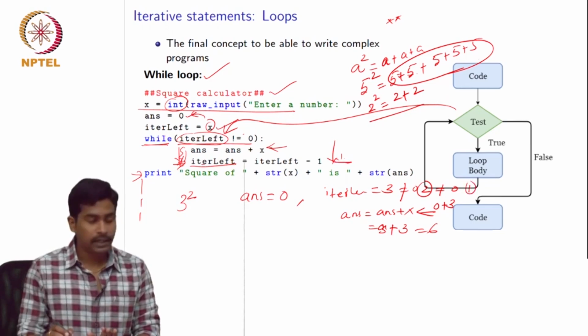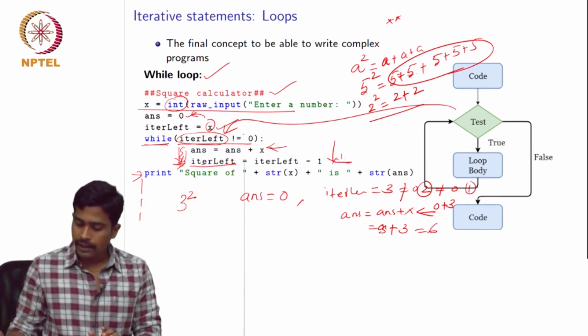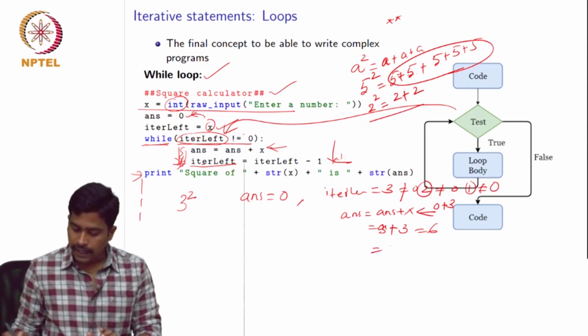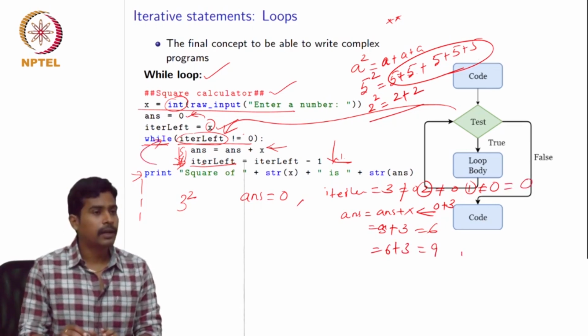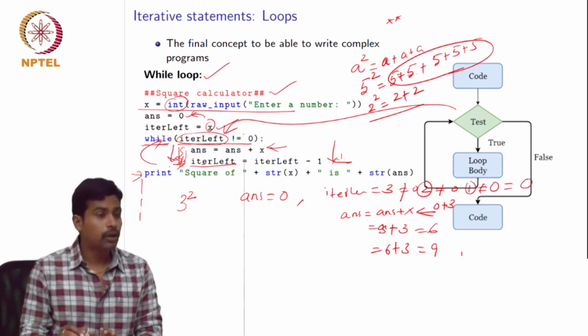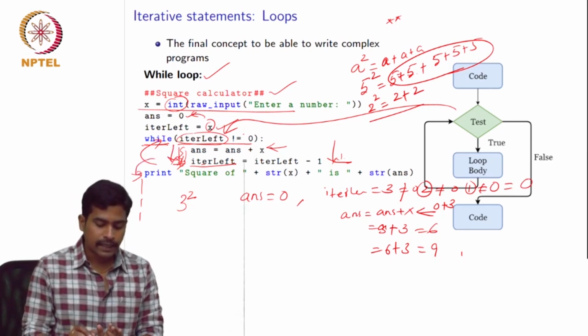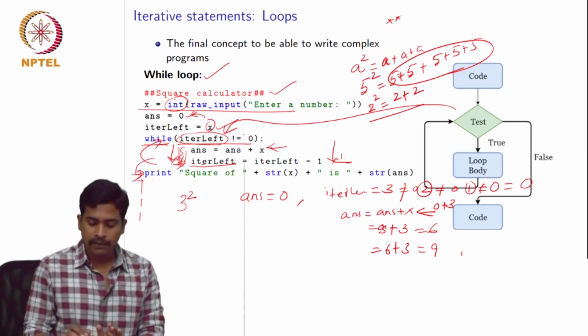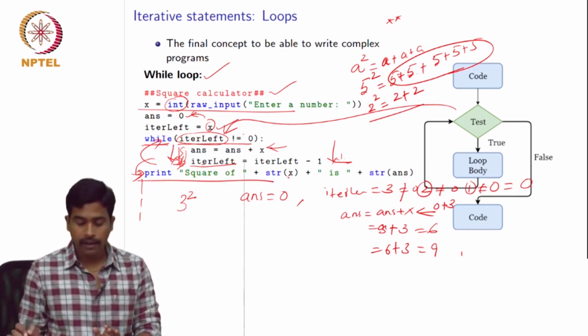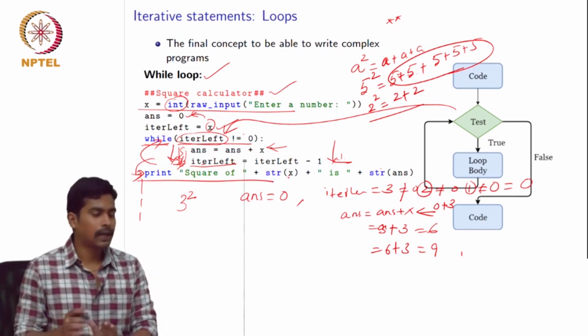and again we go back to the condition, we check 1 is not equal to 0, we again go back into the while loop and this time we add 6 plus 3, which is 9, and we decrement the value of iter to 0. We again come back to this point and we check 0 not equal to 0, which is false. So now we do not go into this loop, we exit and then we directly come to this statement. Here we print square of, we converted x to string, so and so number is so and so. So this is how a while loop works,